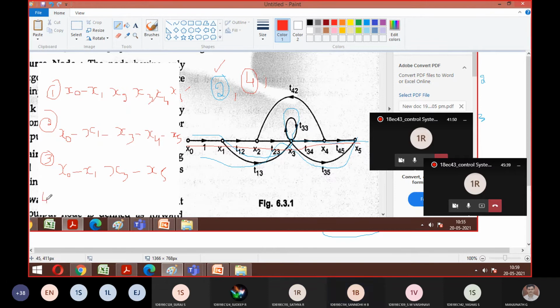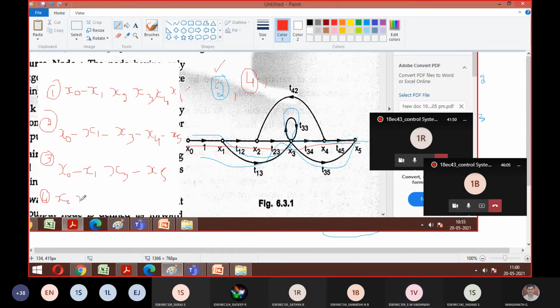4. Did you understand? Those who told 2 as the answer, see, I told clearly, input to output. You can show the things, right? The arrow mark will help you. Input to output. This is one. I can't go with this because this is coming in, so that means it is a feedback path. That's it. A simple example of what you already learned in the block diagram. Is it okay? So the last one is X0,